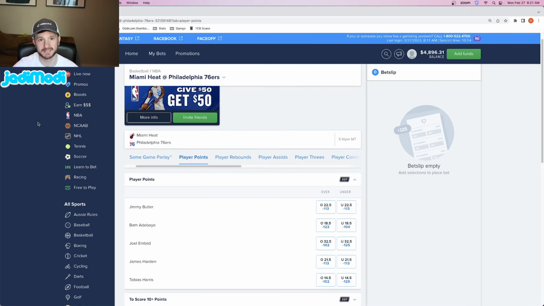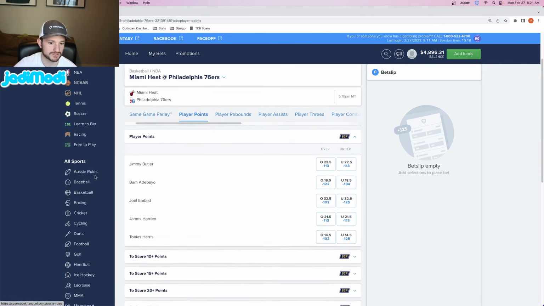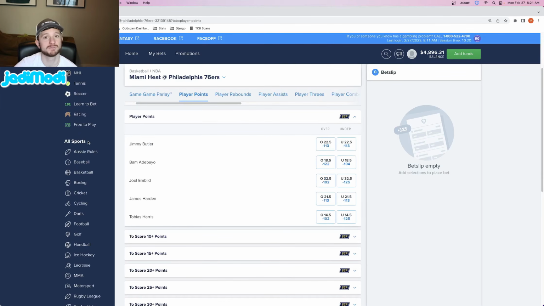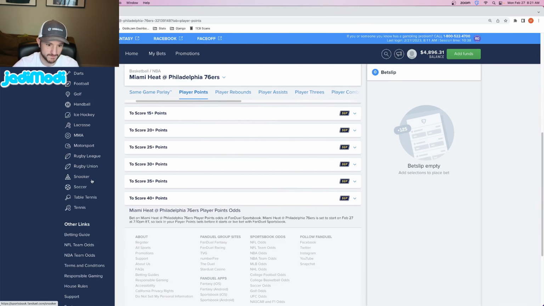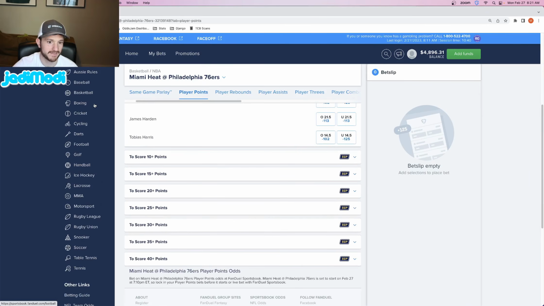Now, the last thing to mention is where all of the different sports are going to be located. Again, this is for me in Colorado, but they will be located somewhere in the main menu when you're on FanDuel, for me, on the far left here. So if you wanted to bet on a different sport, or you just wanted to check out a league, so you didn't want to search for a specific team, you can do that right here under the all sports,